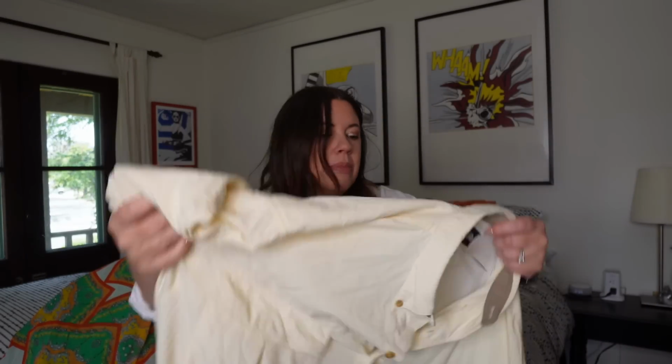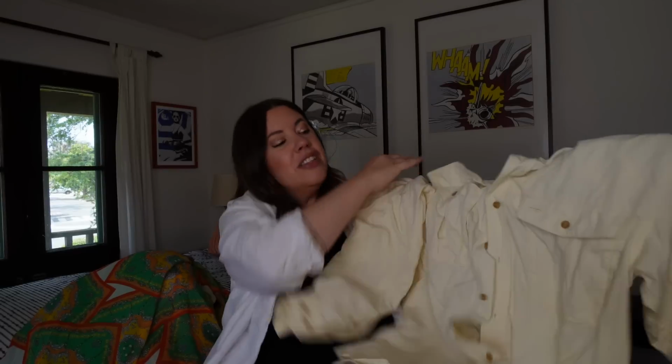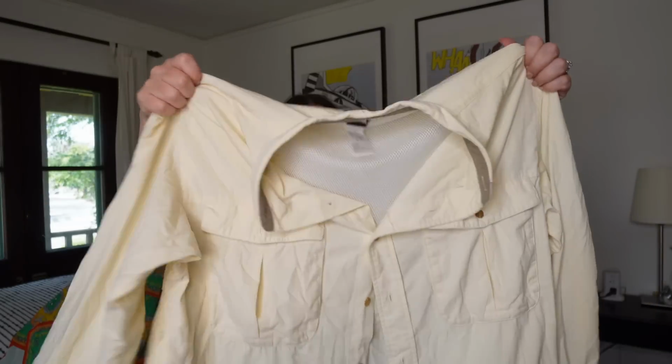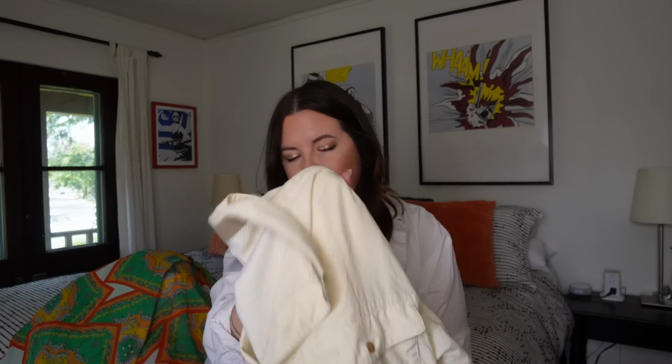So this is something I will probably see, I don't know, 25 to 30 bucks on. These go for like $80 to $100 retail. And this is a size medium, so it's a good size. It's that nice butter yellow. And this will probably go in no time flat because this kind of stuff, outdoors type gear, for me is